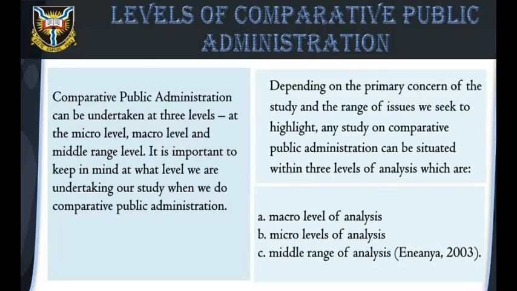Levels of comparative public administration. Comparative public administration can be undertaken at 3 levels: at the micro level, macro level, and middle range level. It is important to keep in mind at what level we are undertaking our study when we do comparative public administration. Depending on the primary concern of the study and the range of issues we seek to highlight, any study on comparative public administration can be situated within 3 levels of analysis, which are